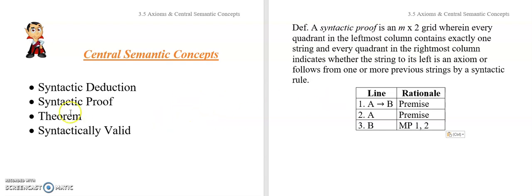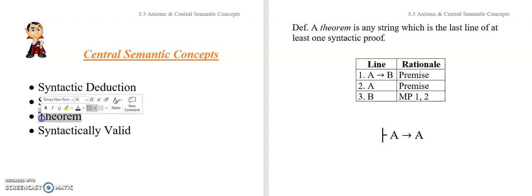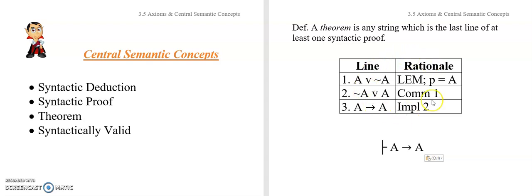Now, let's go on to the definition of a theorem, which is very easy. Okay? So, a theorem is any string of symbols, like this or this or this, which is the last line of at least one syntactic proof. Now, this was not a syntactic proof, but the other one was. Let's get that one. Okay, so this here was our syntactic proof, okay? And a theorem, by definition, is any string which is the last line of at least one syntactic proof. Well, here's a syntactic proof. Here's the last line. And so this string, A implies A, A arrow A, is in fact a theorem